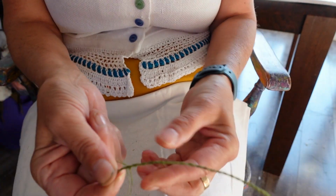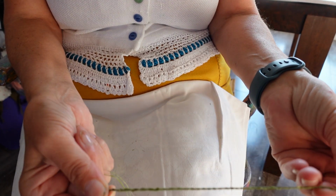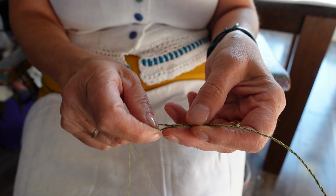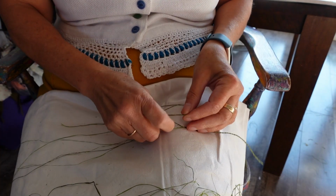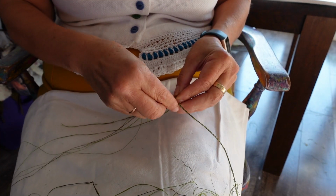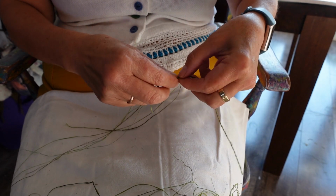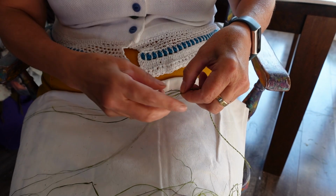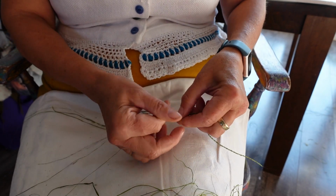And you can see, or you can't see, where the join is. You can't see where that join is now. I'm going to start where they're coming apart in the ply. Lie one half down one way, one half down the other. I'll start them rolling